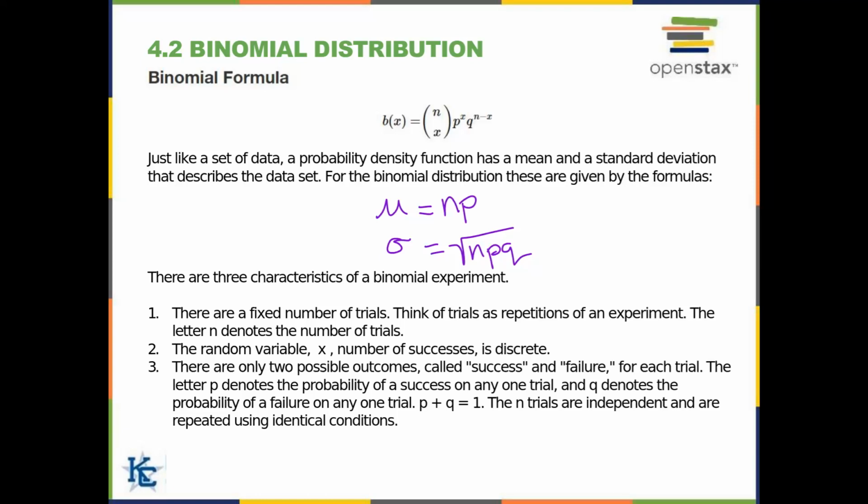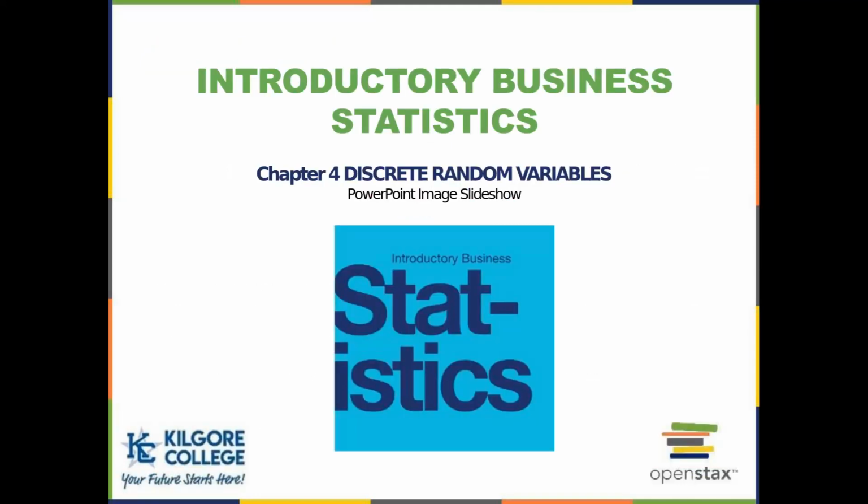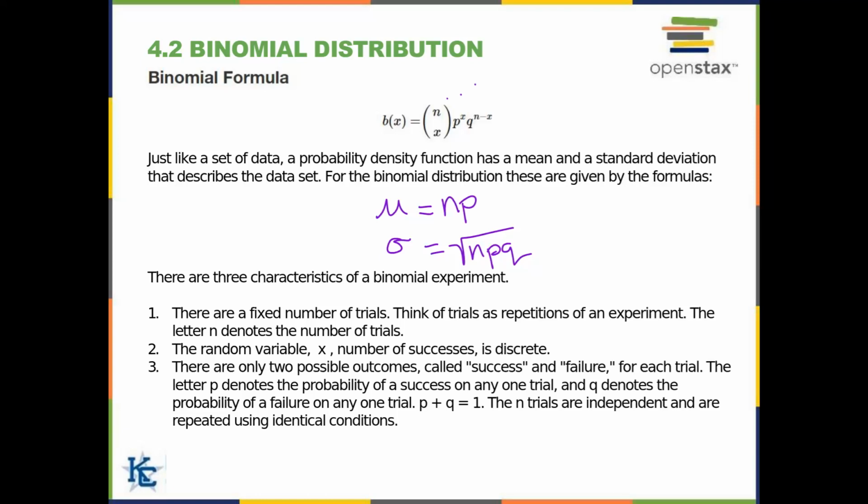So what you can see here is the binomial distribution. We are given a binomial formula that would allow us to do these by hand or with a calculator or something like that. You can see that the binomial formula equals this right here, which means combination. So a combination of n over x times p to the x times q to the n minus x. And then you see in purple here, I have the mean and the standard deviation for a binomial